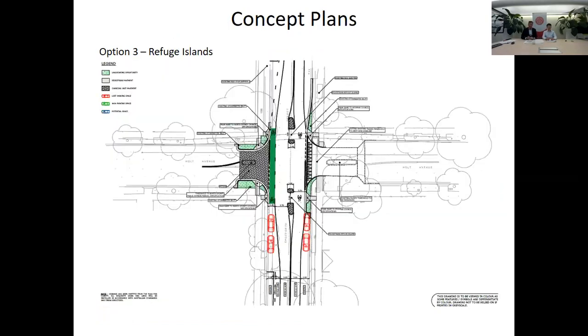And this is the last option, and I won't pass any judgment on the options, but this is really the simple option of just providing, again, a raised threshold, and also some curb blisters to narrow the crossing points. But the pedestrian crossings are simply refuge islands as well. If you look at crossing Spofforth Street there, we're showing just simply 2 pedestrian refuge islands, which are not ideal,